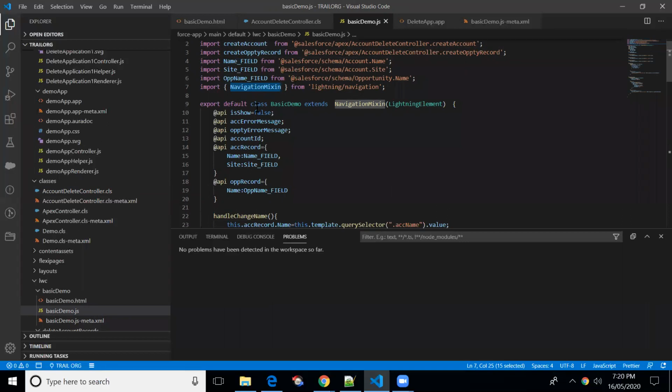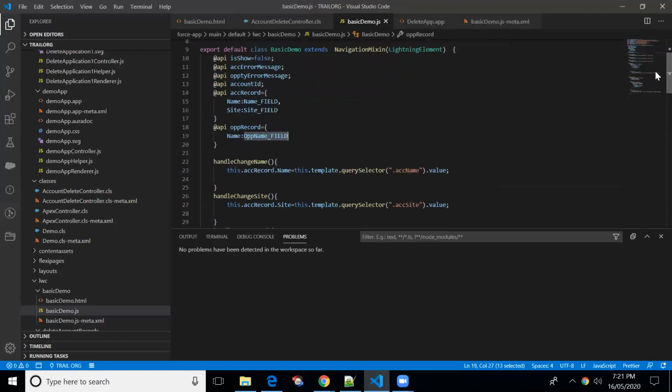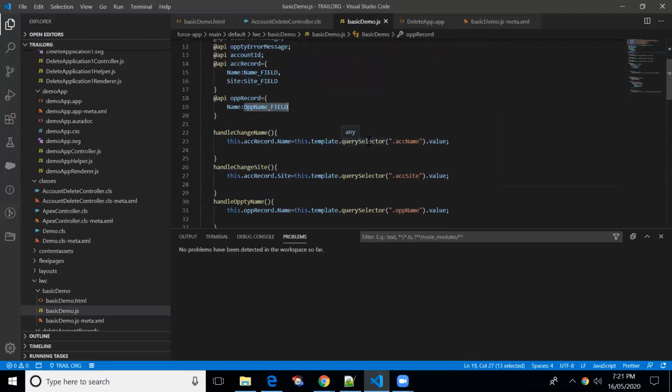So by default, we'll be showing the account form, right? After inserting the account, if there is any error, then we'll be putting it to this variable, right? So for the opportunity error message, I'll be mapping the opportunity name field, right? Handle change name will get the value with the help of the selector.